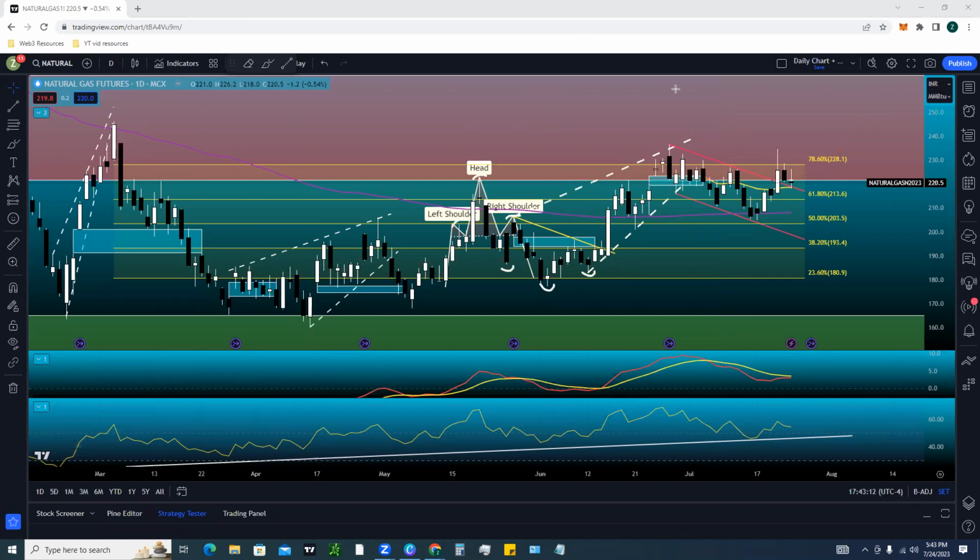But currently, what we had was some algorithmic selling right here, okay? And that's what this structure is. This is very controlled selling. This is healthy. This is not bearish, right? Now, we broke out of here and we're retesting the trend line here today, okay? So we're looking to get a bounce off of this trend line above this 228 level